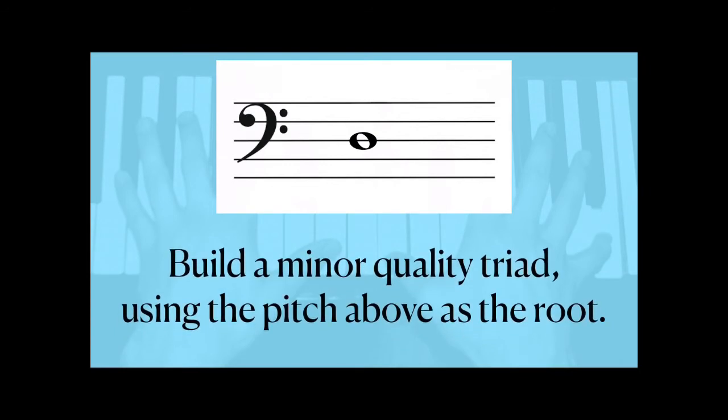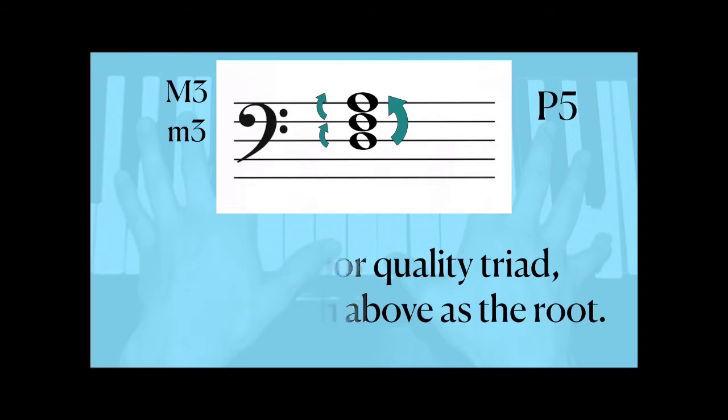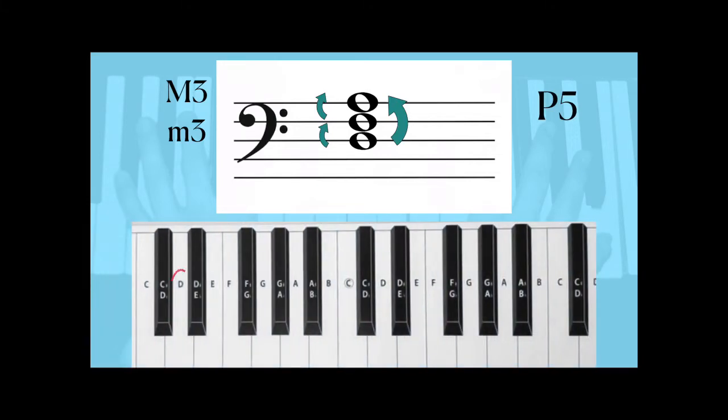Build a minor quality triad using the pitch above as the root. Well, we all know the first step, and that's going line, line, line and putting it on the staff. Now, we need to calculate our intervals to make sure that they have the correct number of half steps separating them. In order for our bottom interval to be a minor third, and our top interval to be a major third, and the root to the fifth to be a perfect fifth, we will need to count 1, 2, 3